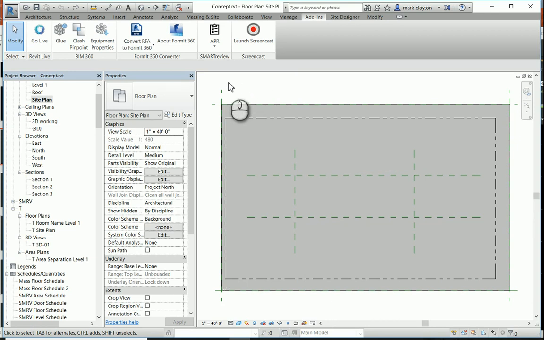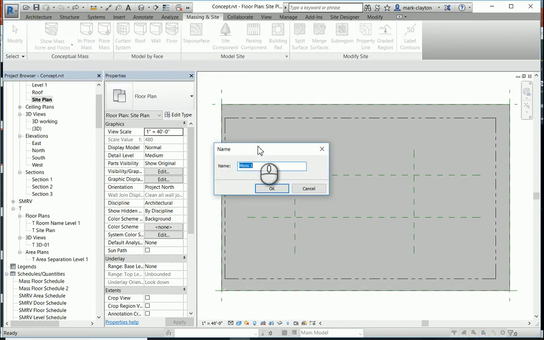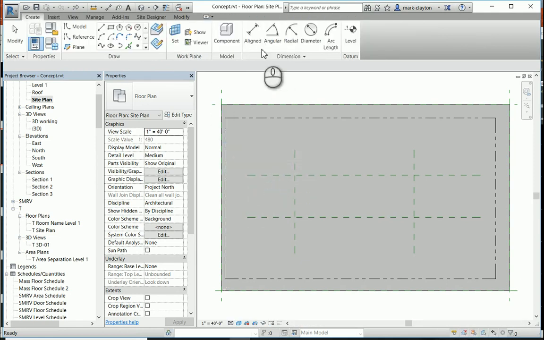Now, using Revit, your model is parametric, and if I set it up carefully, it can flex to adjustments in size or even accommodate major changes in design concept. So I'm going to start by creating a mass object to control the size of this building. So I've got massing turned on, and I'm just going to create an in-place mass. I'm going to call it main building. Perhaps there'll be another building, but